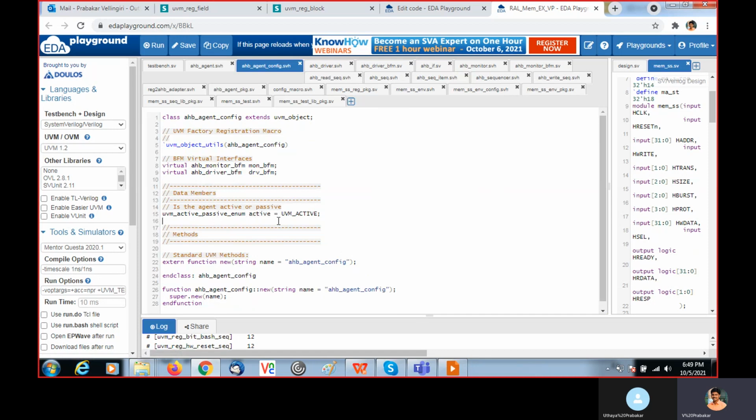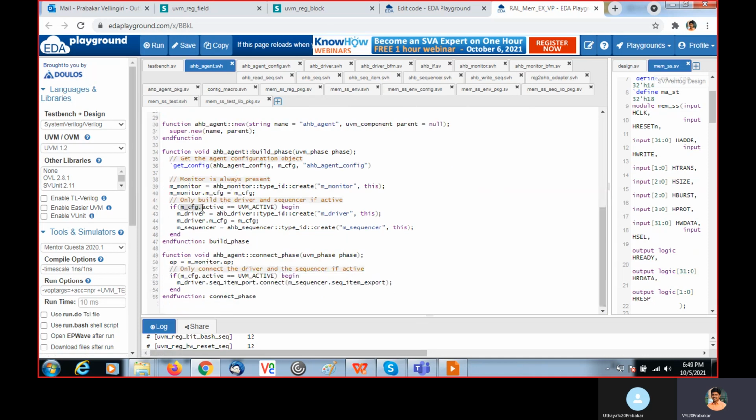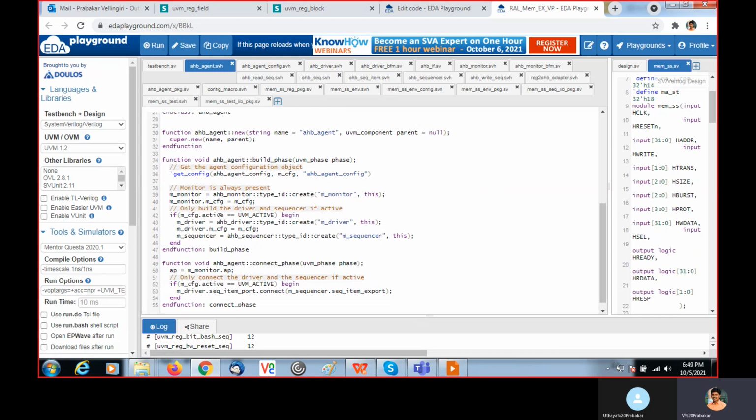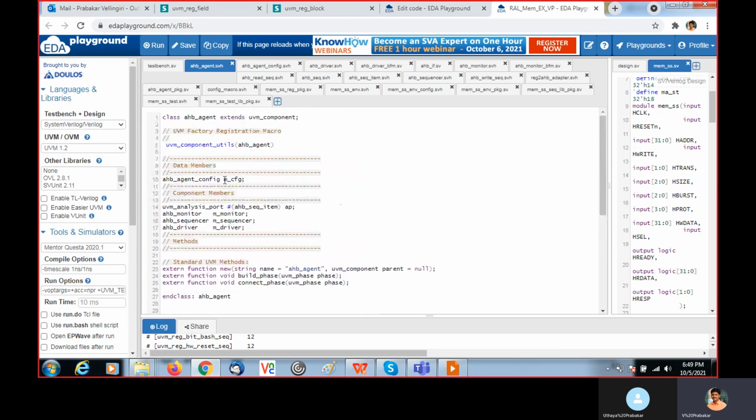So we have a type of UVM active or UVM passive. Here we make it UVM active. Based on that, we implement this UVM active or passive agent. That is present inside the UVM agent config, which is nothing but the m config that we instantiated here.